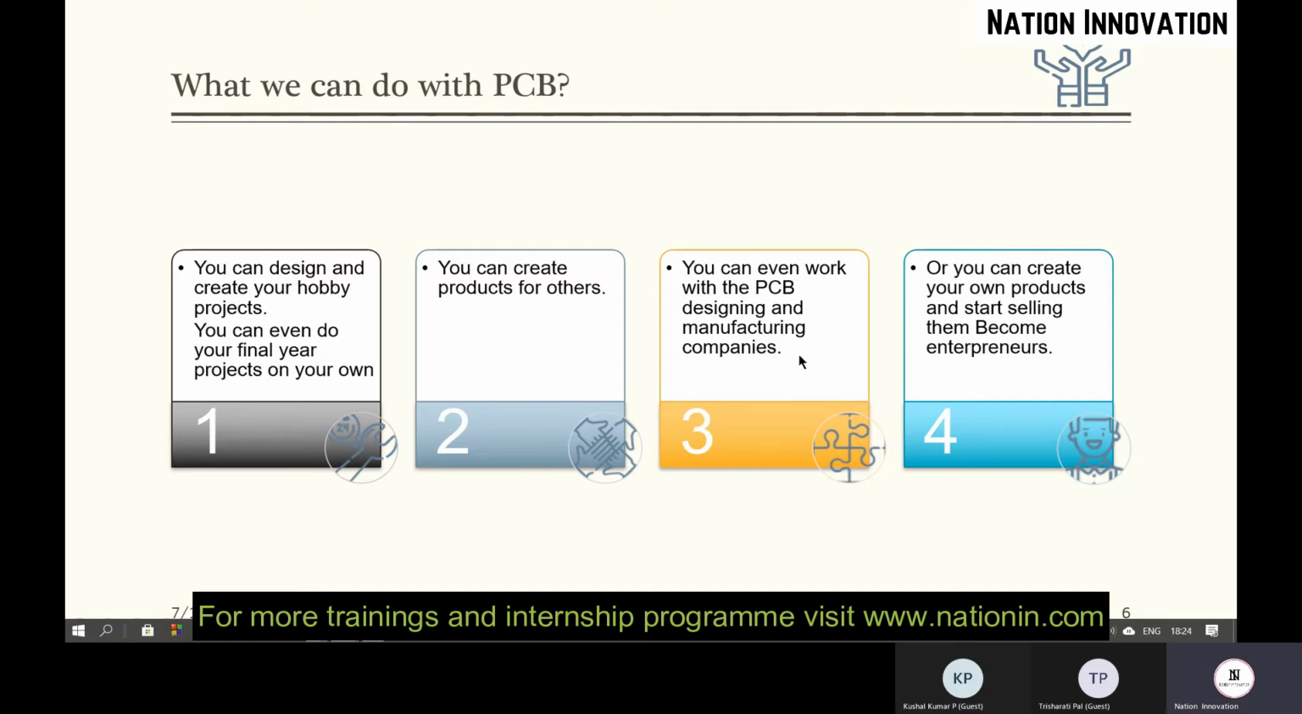There are many manufacturing and designing companies. You can join those companies if they find that you have PCB designing skills, they can hire you. Or you can create your own products and start selling them and become an entrepreneur. So if you don't want to join any companies, you can start up your own company by designing your own PCBs. So these are some of the applications